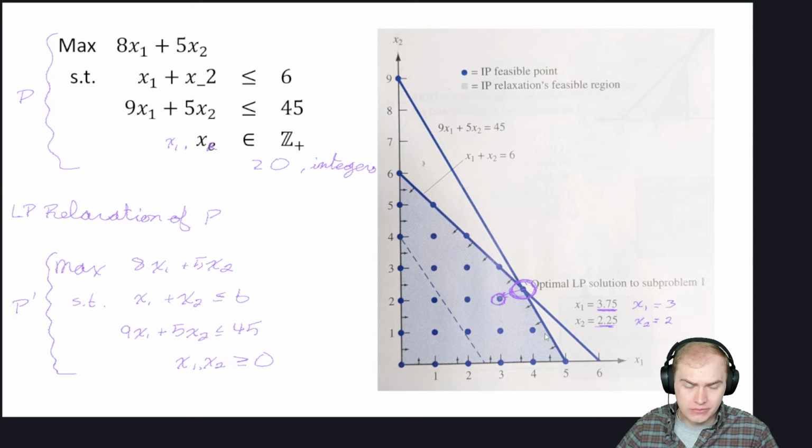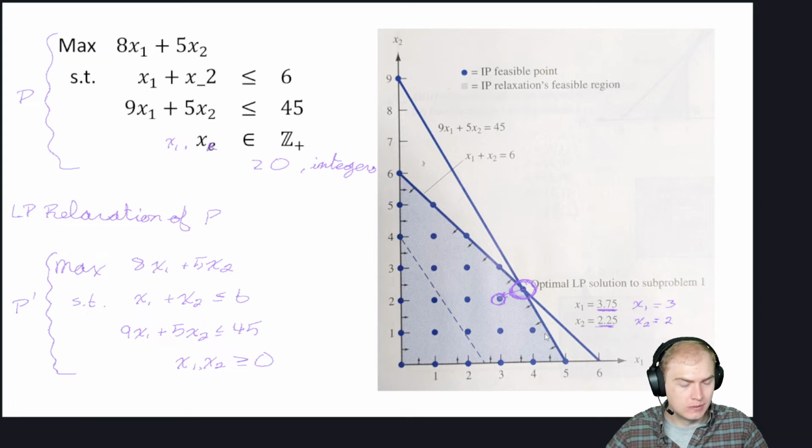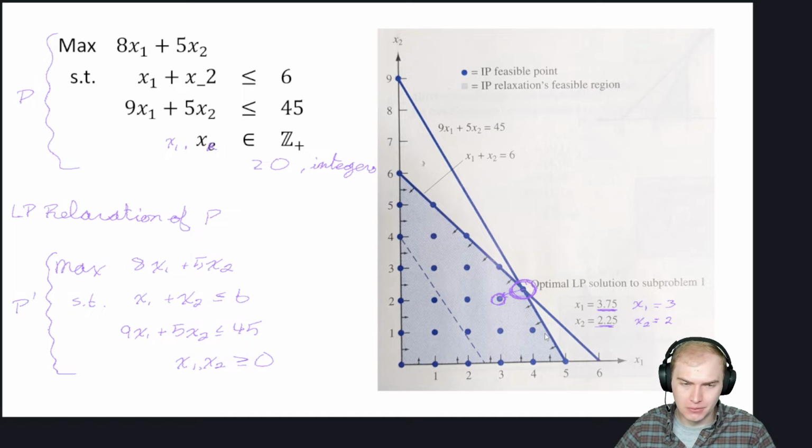P prime, the relaxation, includes all of those points. All of those points are still feasible to the relaxation, but there are many more points. There are uncountably more points